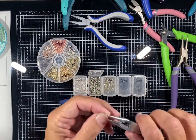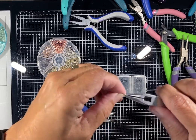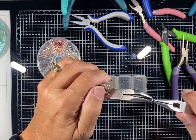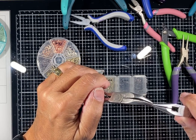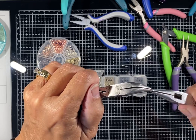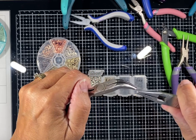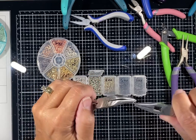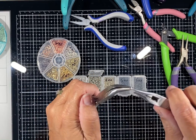When you take a jump ring, like I said, you look for the opening there. And with your left hand, you're going to move away from you, and your right hand towards you. So you're just going to open it up this way. So you open it like that. I don't know if I can see. Yeah, you open it like that. So then once you have that open,